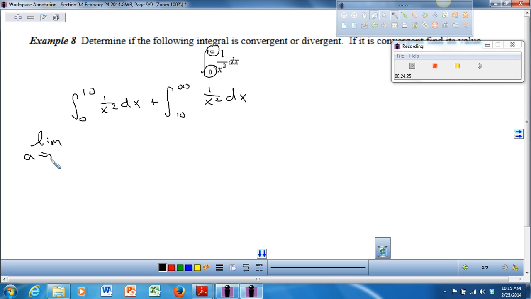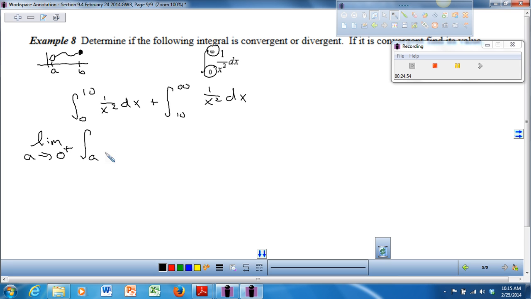As a approaches what? 0 from the right, actually, because the 0 one is like this one. So we can only approach a from the right, okay? So it'll be the limit as a approaches 0 from the right,